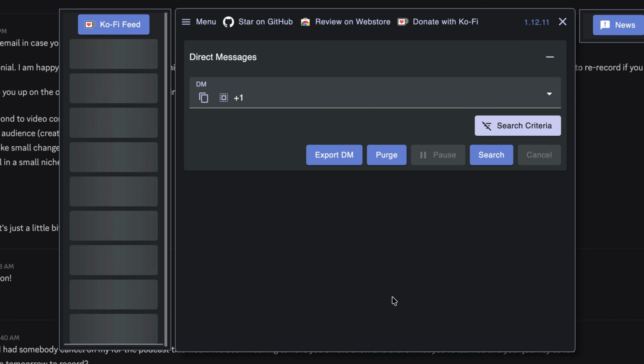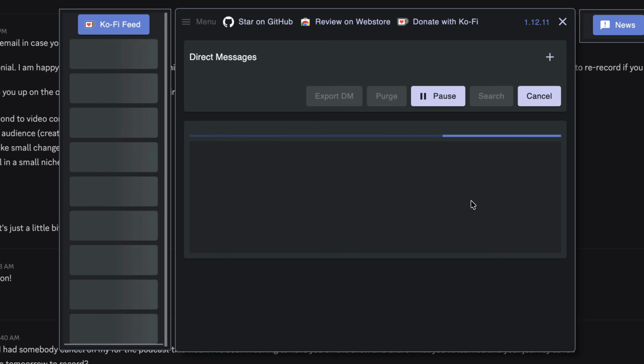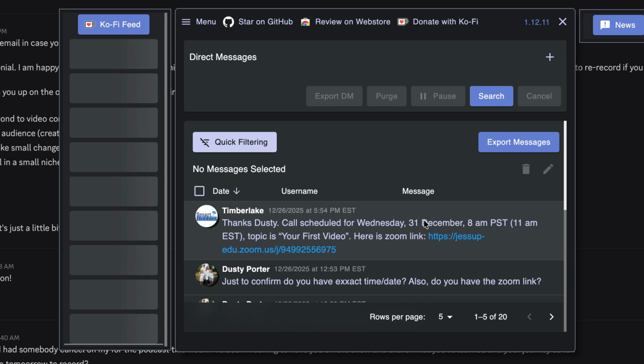Once you're here and you've selected that person, what you want to do first is you can search to see how many messages or DMs that you have. So we can go to search here and it will bring up, say, however many messages there are. You can see there are 20 of them here. What you want to do is go ahead and expand rows per page to be however many you want. You can make it 1,000 if you have a bunch of messages,